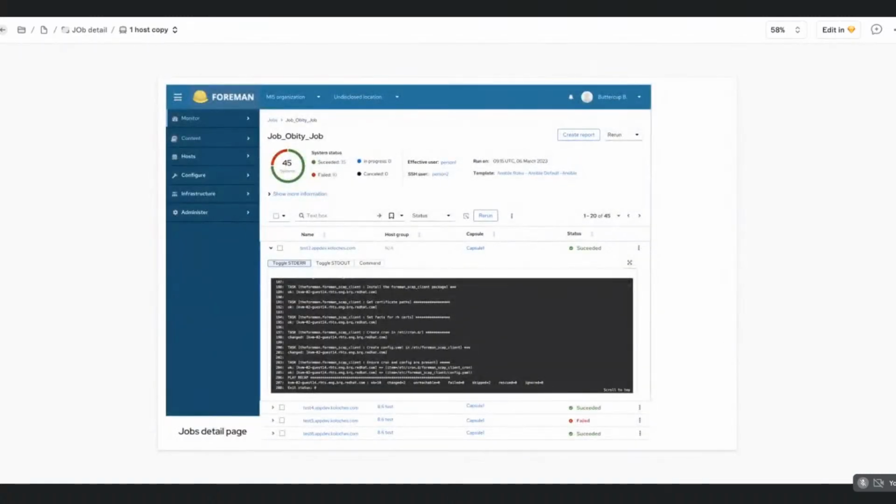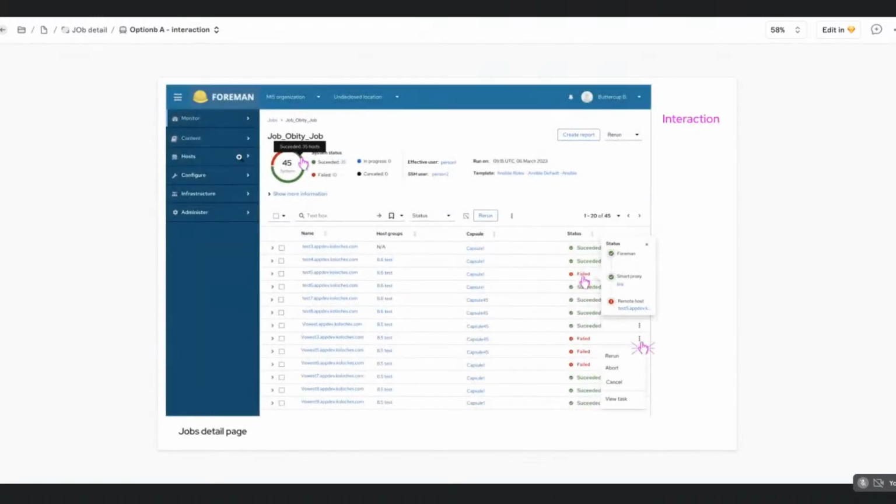Also, we don't have tabs for viewing templates or job details. We have all the details within the expandable row. Of course, it can also be opened in a new tab. So we are working on it. There is more interaction happening. So, for example, if you hover on the chart, you would get a tooltip with